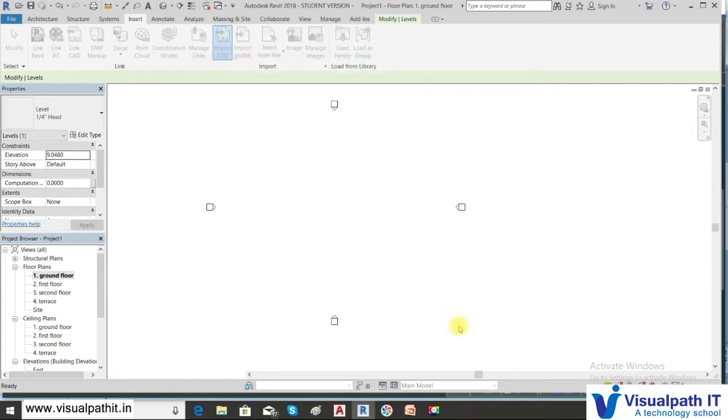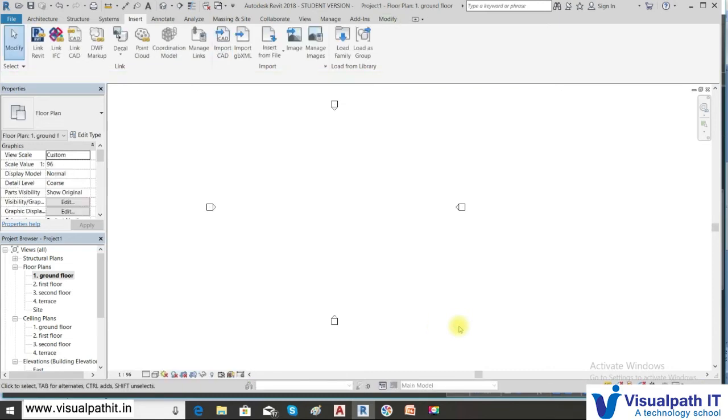Okay, click open. Once it gets imported, you may not be able to see the drawing. You can see the processing happening. It is imported, but you may not be able to see it because it is somewhere else. So you need to zoom and find out where. Here you're not able to see, which means the visual mode is hidden.